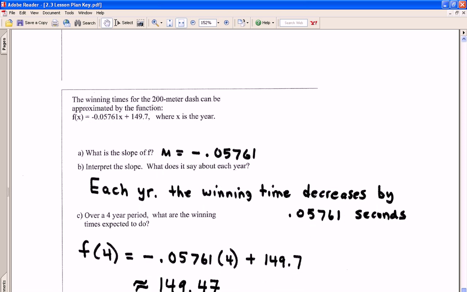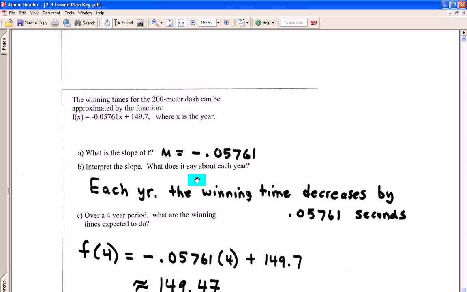Okay, let's look at some applications here. This function measures the winning times for the 200-meter dash. You're first asked for the slope of the line. The slope of the line is the number in front of the x, which is a negative